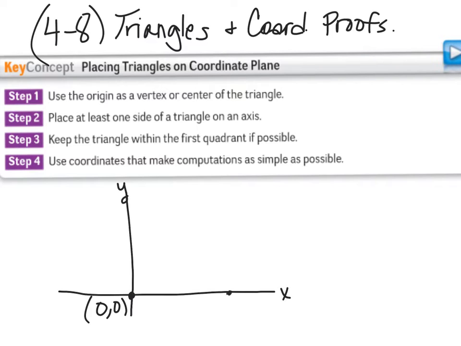Then I have another vertex, and the third vertex is going to be my vertex angle, and it's going to be right above the halfway mark. If I make the base A long,